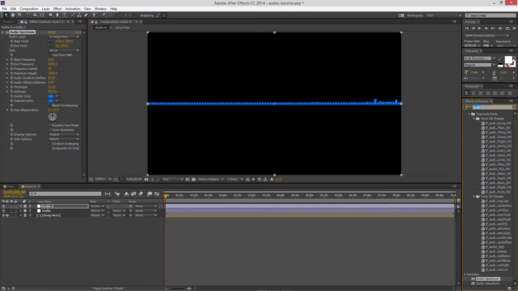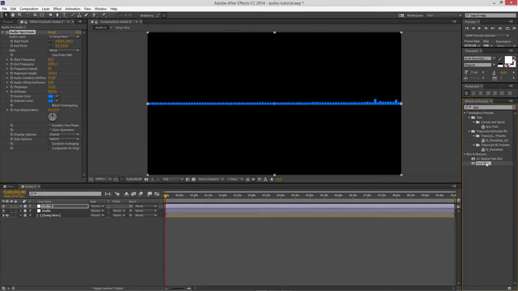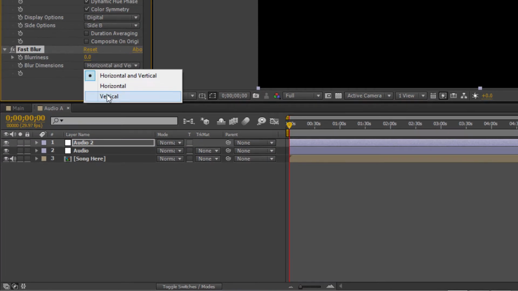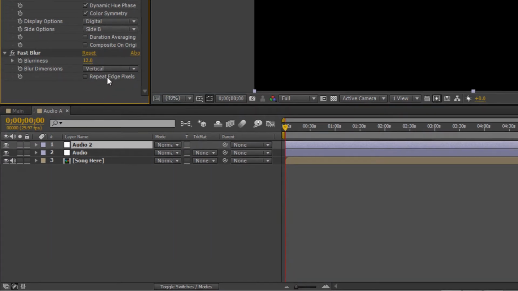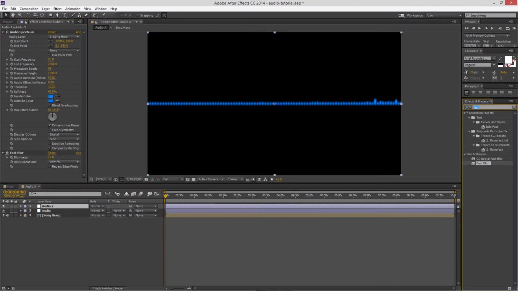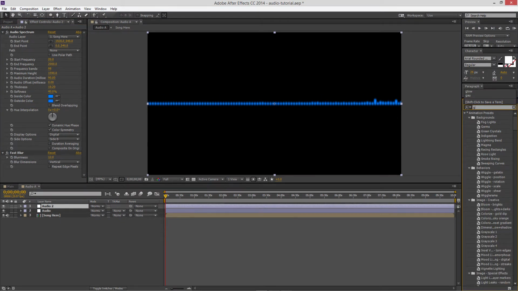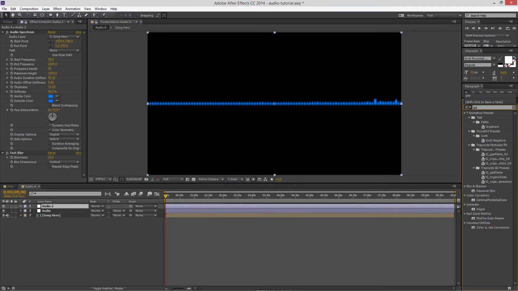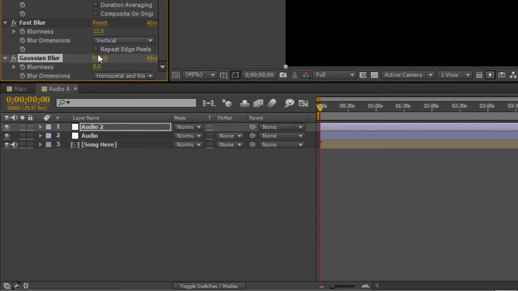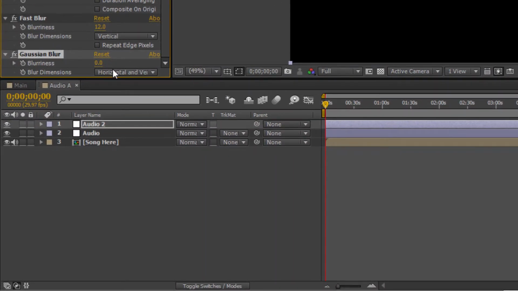Now we need to add fast blur effect, and we're going to change that to vertical and put that to 12. And we also need Gaussian blur. I think that's how you pronounce it. Gaussian, I don't know really. Okay, and we need to set that to 85.5,